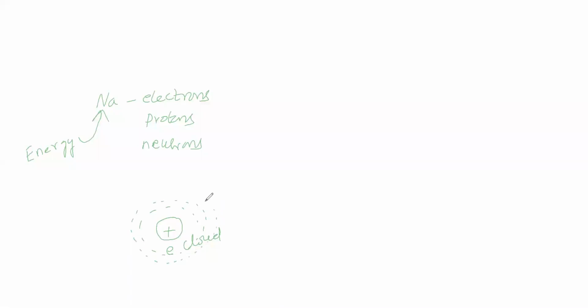Consider this in three dimensions, for example, spherical. So the nucleus is a three-dimensional, spherical one. Around the nucleus, electron is present in the form of what? Cloud. You are saying electron is a cloud, which means is the electron a particle or a wave? What shall we say? Here we are saying electron is a cloud.